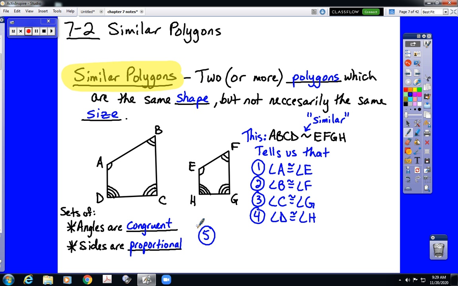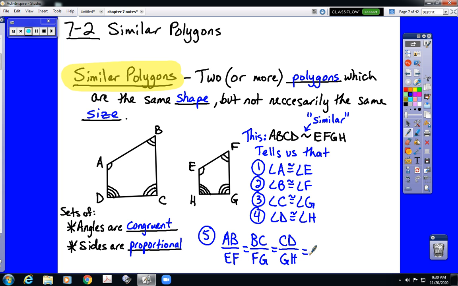Because side lengths don't match up as congruent in a similarity statement. Instead, they still correspond according to the name, but instead of being congruent, they're proportional. Here's what I mean by that. AB and EF are the first two letters in each name. So the ratio AB to EF is equal to the ratio BC, which is second and third letter, to FG, is equal to the ratio of the last two letters, CD over GH,